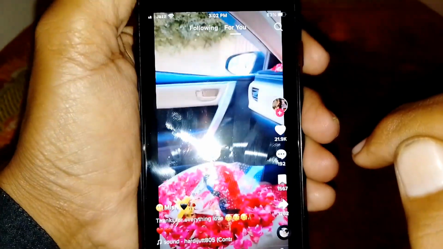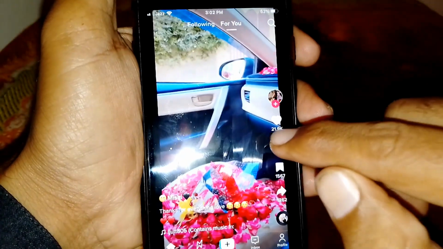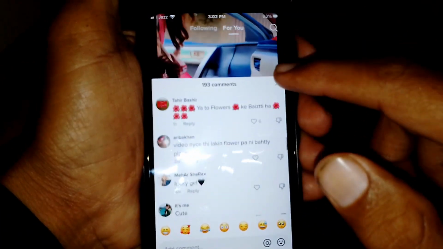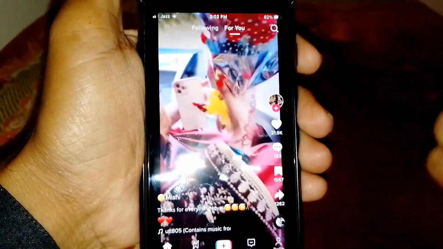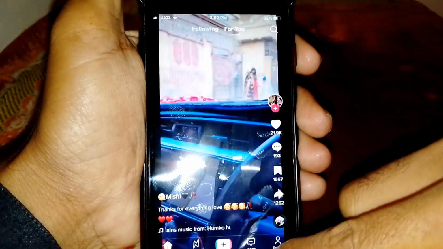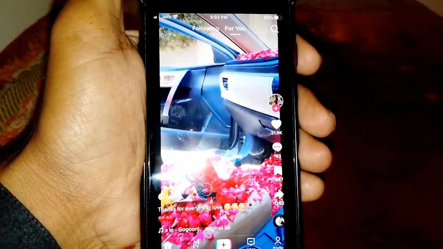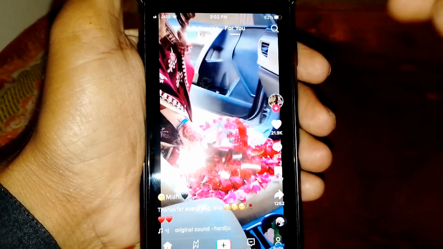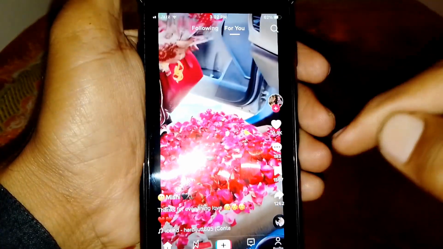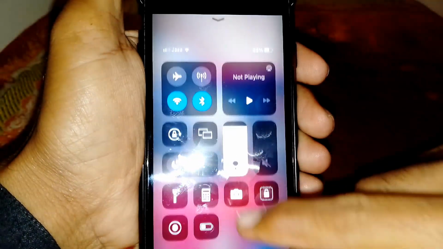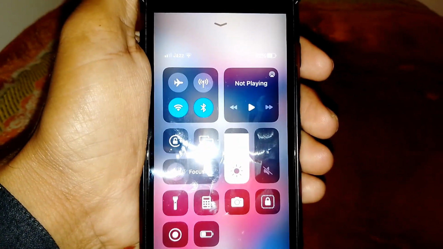As you can see guys, I am connected with Wi-Fi, and let me show you here are the comments. Now it's showing here some comments. If you notice that TikTok is not giving you notification for your comments, then you have to go to your profile and just simply go to your privacy setting, and then you have to select comments at everyone, and after that TikTok will send you a notification of comments. Okay guys, and if these comments are not showing, then it means you don't have package in your sim, like